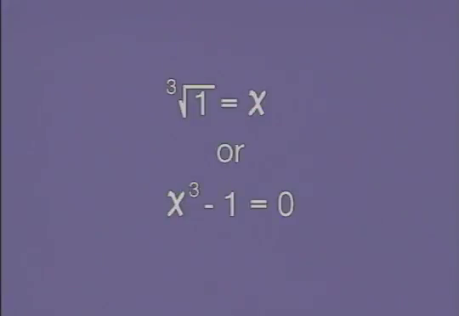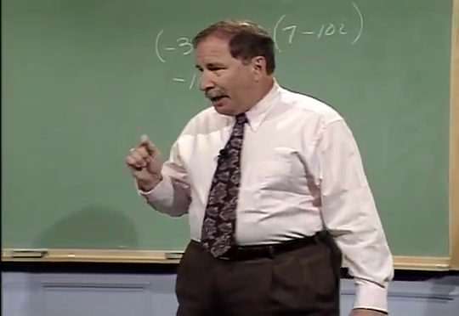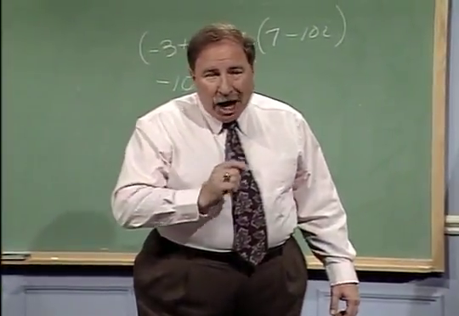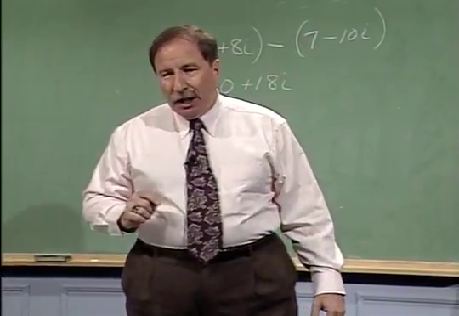But now we know that negative a half plus i, the square root of 3 over 2, cubed is 1. And that means negative a half plus i, the square root of 3 over 2 is a cube root of 1. And now I ask you a very important question. What else is a cube root of 1? If you've been paying attention, remember we said that if you solve a quadratic and you get an answer that's complex, then its conjugate is also a solution. And therefore, as you'll see in the last visual,